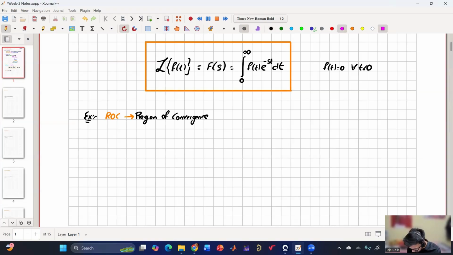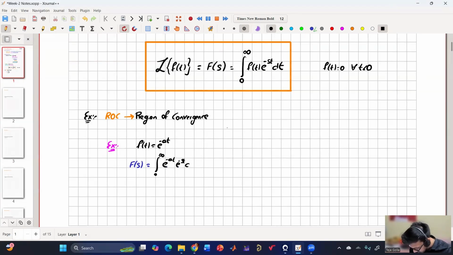So let us quickly take one example. If you consider f of t to be e to the power minus at. Okay, so now let us consider the Laplace, which is f of s equals integral 0 to infinite e to the power minus at into e to the power minus st into dt, which is equal to integral 0 to infinite e to the power minus of s plus a into t dt. So now if I apply it, I'll get 1 by,